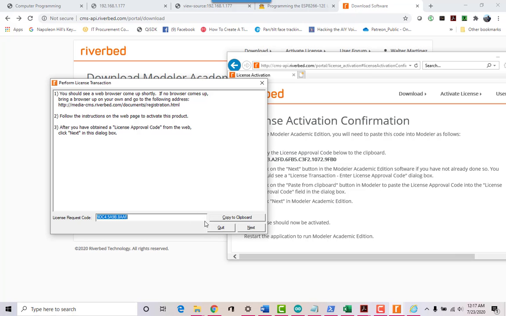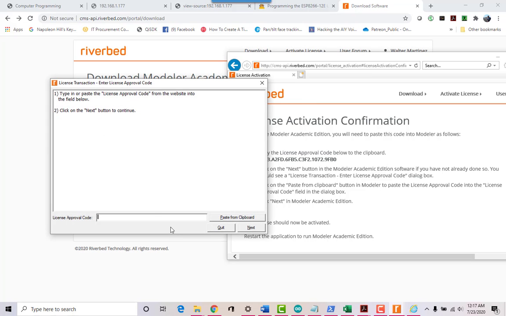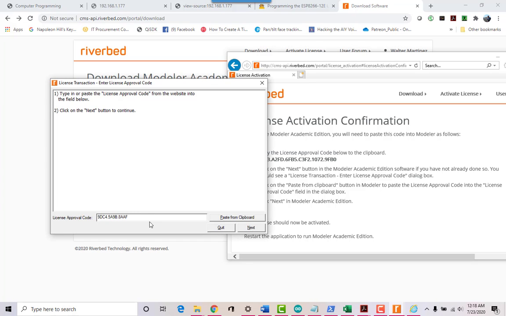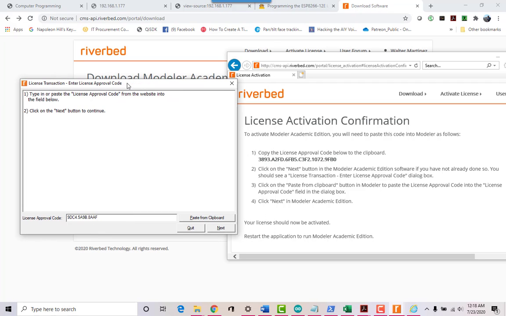So next, and then put in that code that you didn't copy it. Let me see. Copy. Should be this long code. Okay, it doesn't paste this, so you'll have to type it in. I remember this now. You'll have to type in that particular code exactly as you see it.